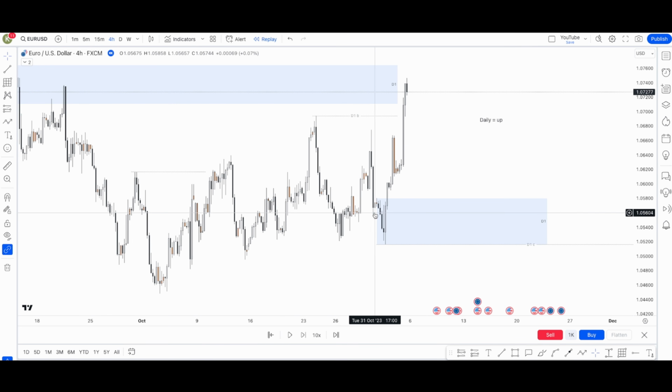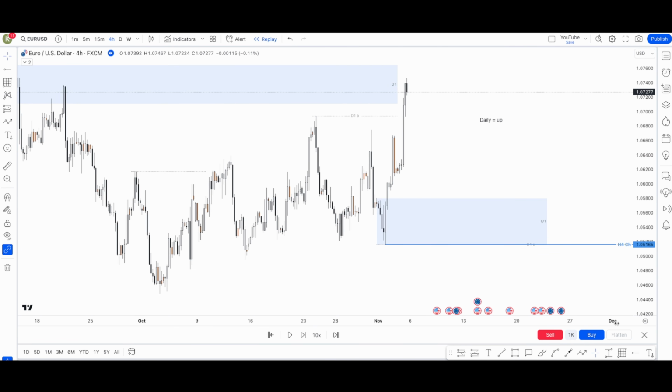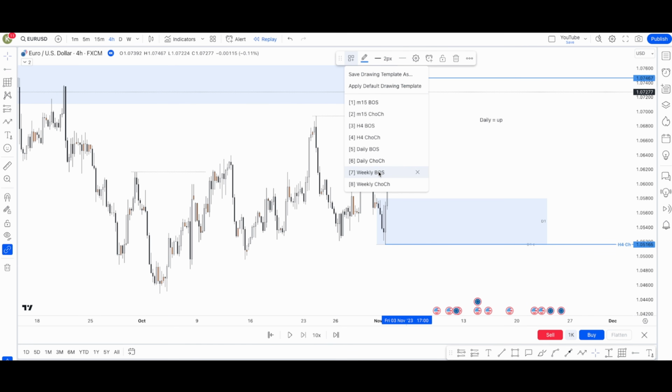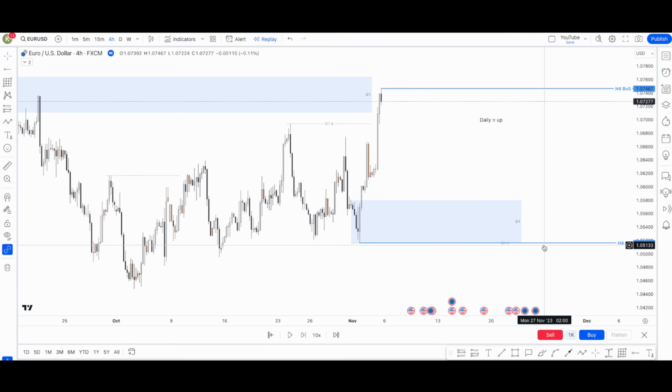What was the most significant thing? Got the break there, CHoCH there. So we've also got the H4. I'm just going to use this one because it'll be a bit easier. But that is the H4 CHoCH, and the H4 BOS at the moment is up here. H4 BOS. All right, so really we're looking for a pullback in the market to continue, because we know that